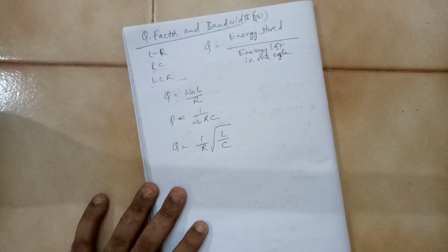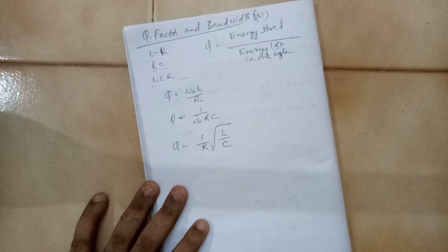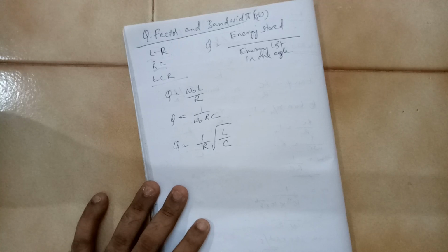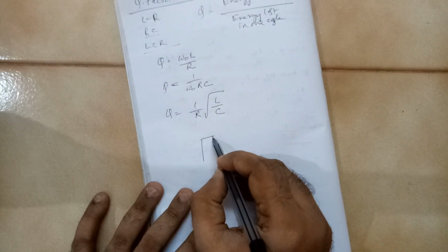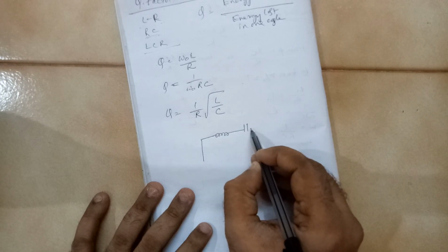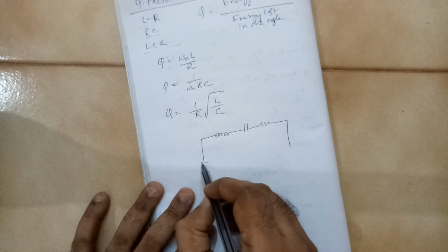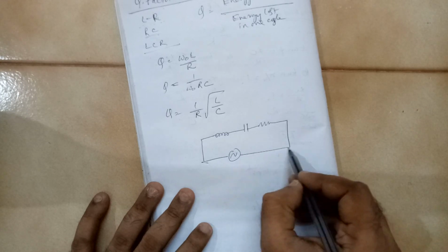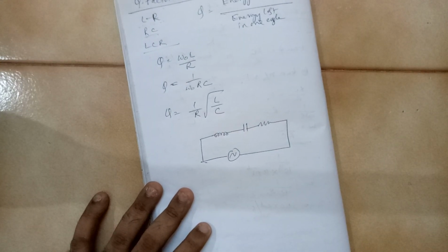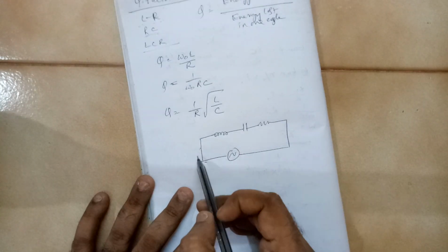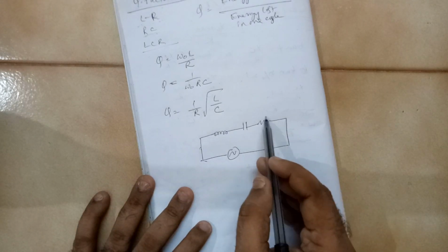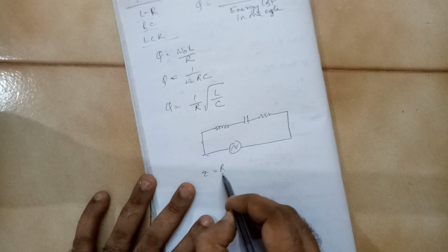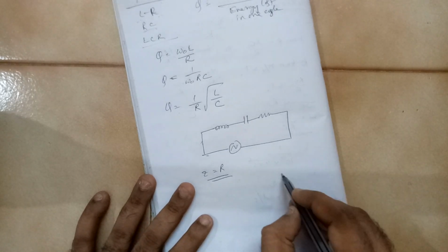See, why do we take the resonant frequency? At resonant frequency you get the maximum amplitude. Whenever you take an AC circuit, what is your primary motive? You want to get the maximum power output, the maximum current, the peak current. So at resonance we have seen that the impedance becomes equal to R.